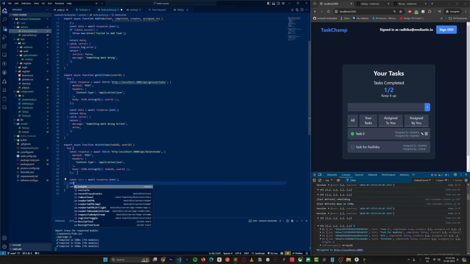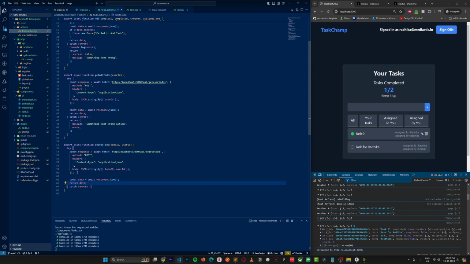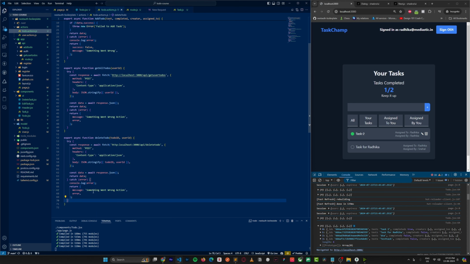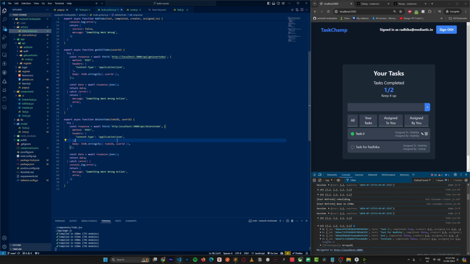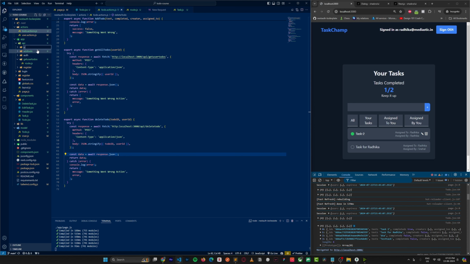Okay, and then return data. In case something went wrong, what we can do is we can just say this. Okay, perfect. So I believe this is good, and let's go to API, create a folder called delete todo,